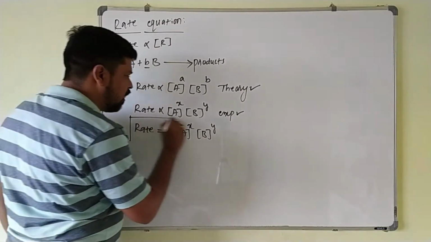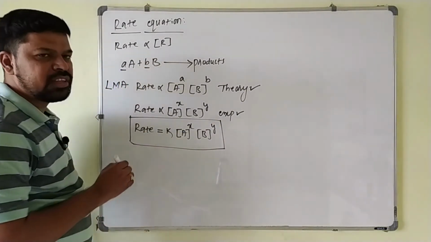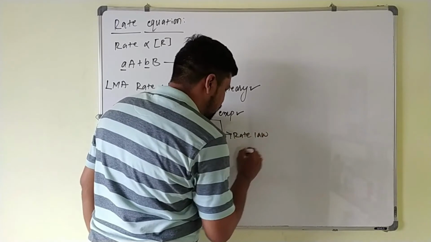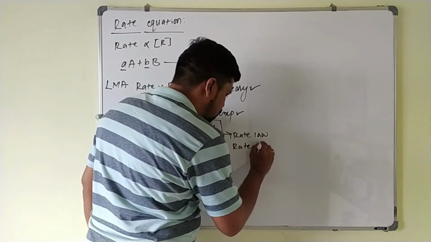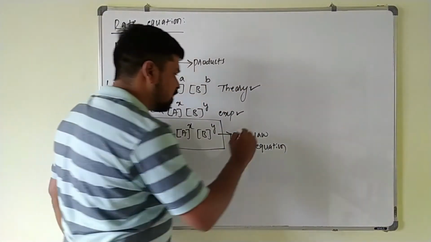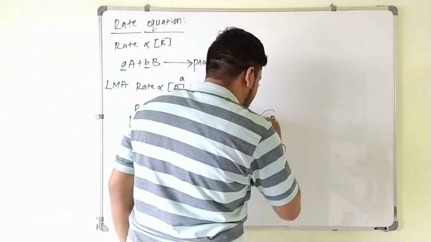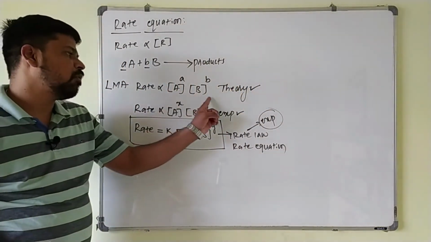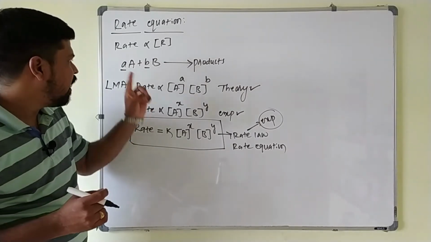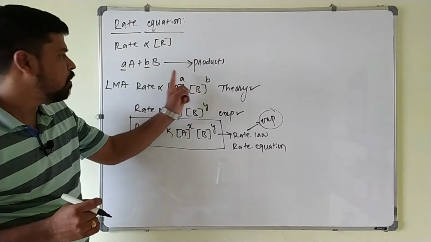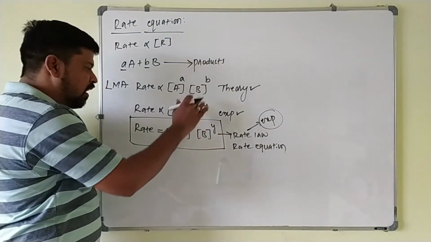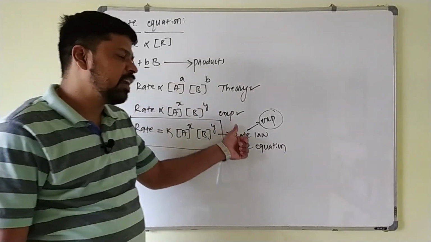This experimentally obtained rate equation is called the rate law, or else the rate equation. Always keep in mind that the rate law or rate equation is experimentally obtained. The powers x and y are obtained from experimental data. This cannot be written just by using the balanced chemical equation. If you write the stoichiometric coefficients directly, it becomes the law of mass action, a theoretical concept. If x and y are obtained experimentally, then that rate equation is called the rate law or rate equation.